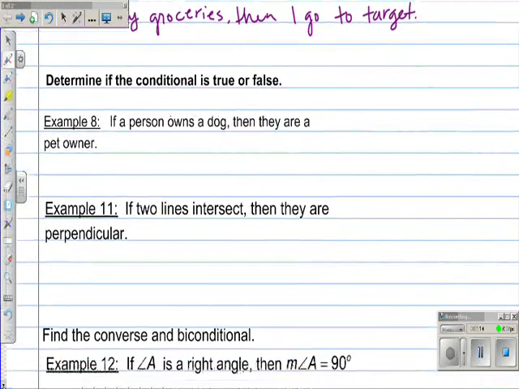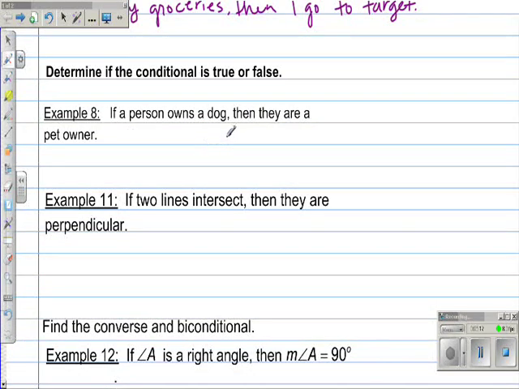Now, let's look at this one. If a person owns a dog, then they are a pet owner. Well, first, we know our hypothesis is if a person owns a dog. Okay? Your conclusion is that then they are a pet owner. Is this true? Yeah. We cannot come up with a counterexample of this because if they own a dog, they're a pet owner. They could own something else and still be a pet owner, but we know that if they own a dog,